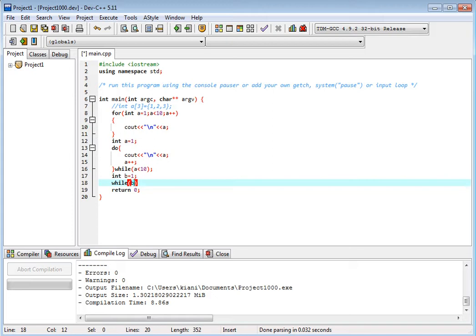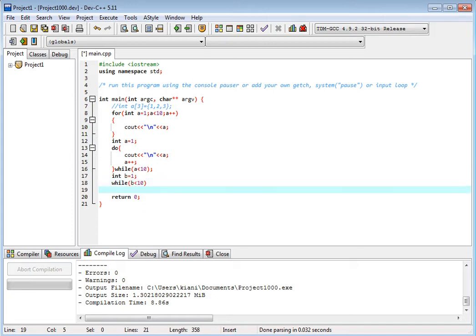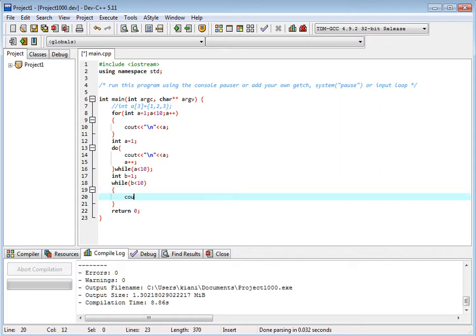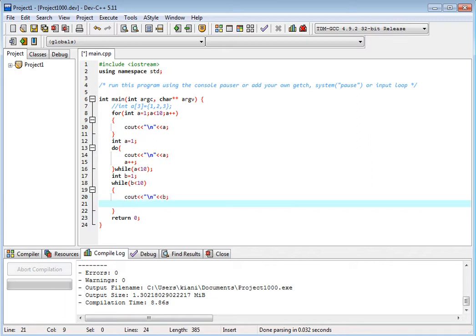If we use while loop, then it is 3 times. So integer b is equal to 1, for example. Okay, in the while loop the condition comes before, b is less than 10. Then you write cout and statements, b and b plus plus.